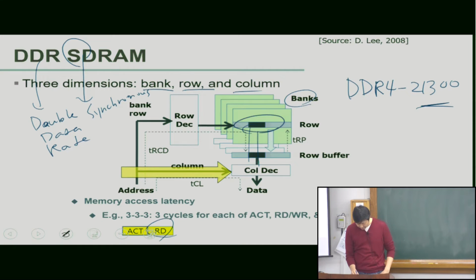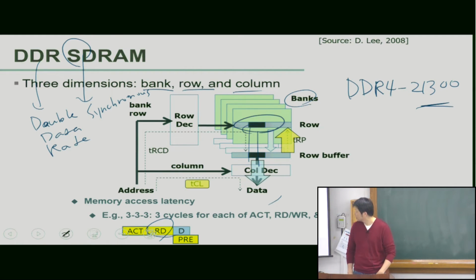or write command. Then you select one of these columns. Actually, a typical column size is 32 bytes or something. So it's not just a single bit, but a group of bits. So you select a specific column, then you select a specific subset of the row. This is called a column access. And then after the tCL, this column latency or CAS latency, now this data actually comes out